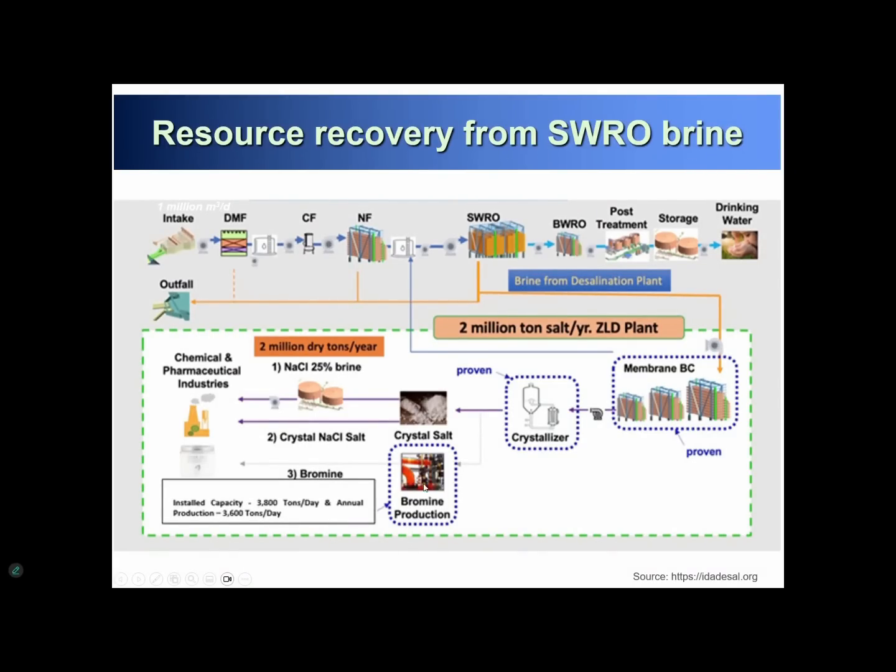Also, you can produce the bromine, which is around